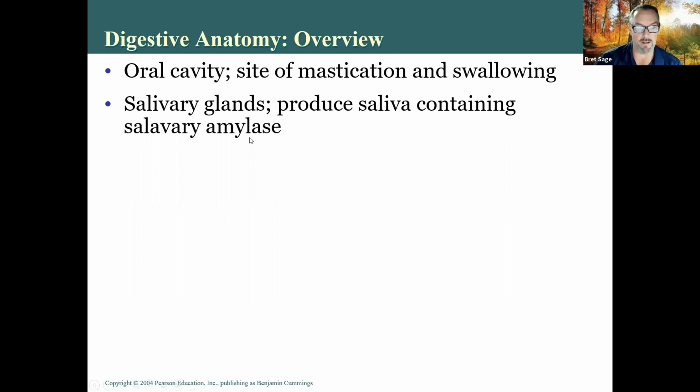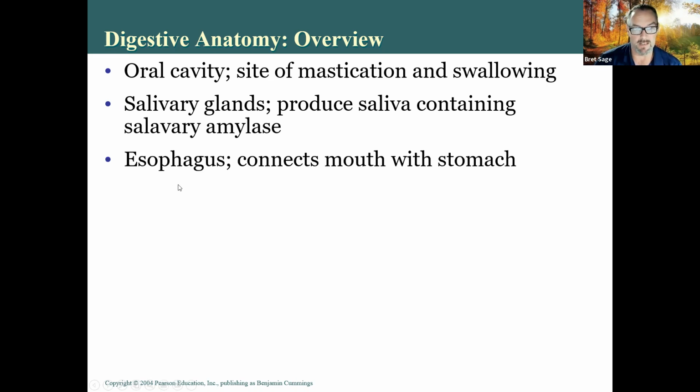So getting rid of the starch that's on your teeth is really important. That's one of the main jobs of the salivary amylase. The more saliva you have, the more movement you have, the more washing you get of your teeth. And so your saliva keeps your teeth clean, and so does your mouth. The esophagus is connected to the mouth, and it connects to the stomach. Really, its only job is to get food from your mouth past your thoracic cavity, which is your chest, down